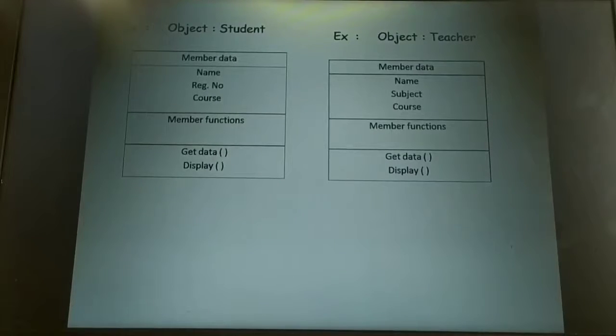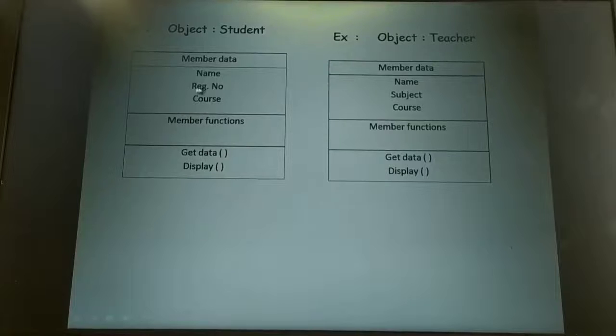When we store into the computer's memory, obviously we need to access it as and when needed, in order to display the name, register number, course. Here I said member functions are get data and display. Get data's job is to accept the data from the user, the name, register number and the course, and the display functionality is to print the name, register number and the course.